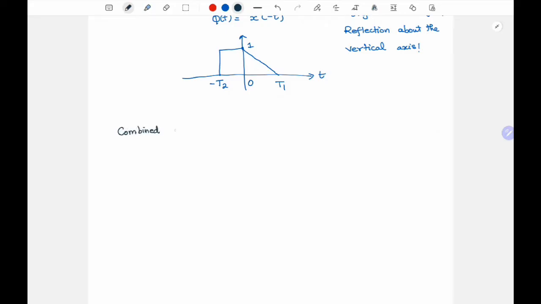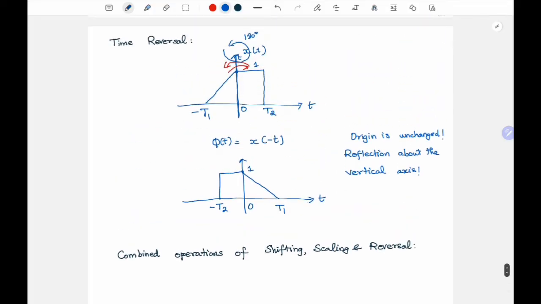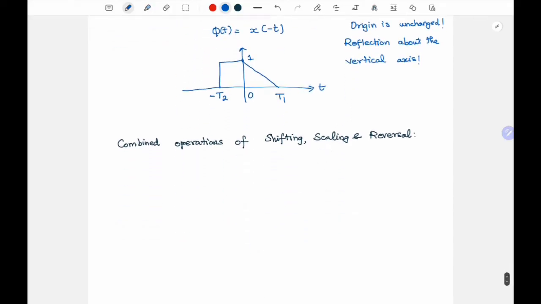Combined operations of shifting, scaling, and reversal. So when we were operating on them individually, what did we do? Whenever we made a reversal, we just replaced t with minus t, right? So I'll write it down here. So for reversal,